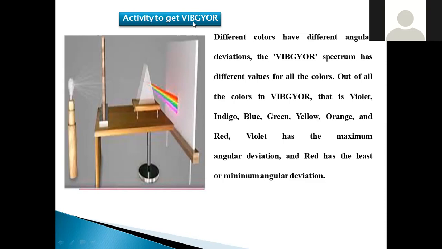By this, we are going to finish today's session. In today's session, we discussed the important characteristics of a prism, what kinds of angles there will be, what kinds of terms are used to define the prism, and the derivation of refractive index was completed. Hope it will be helpful.